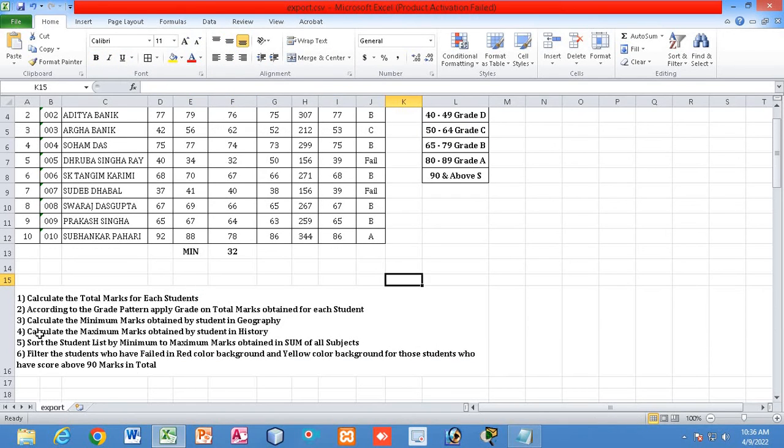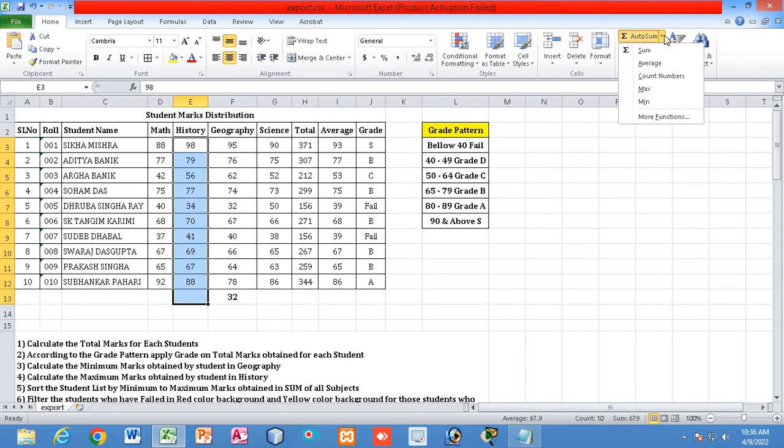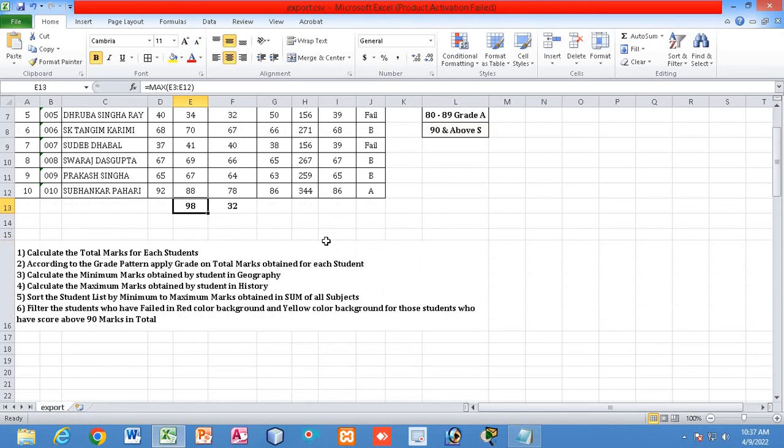Fine. Now calculate the maximum marks obtained by a student in history. So I will write maximum marks here, but in history, right? Let me get the maximum marks in history. Find out the maximum marks in history. So 98 is the maximum marks obtained in history. Check it out. This student has got maximum marks in history, 98. So this is the minimum marks in geography. This is the maximum marks in history. This is how you can calculate minimum and maximum,